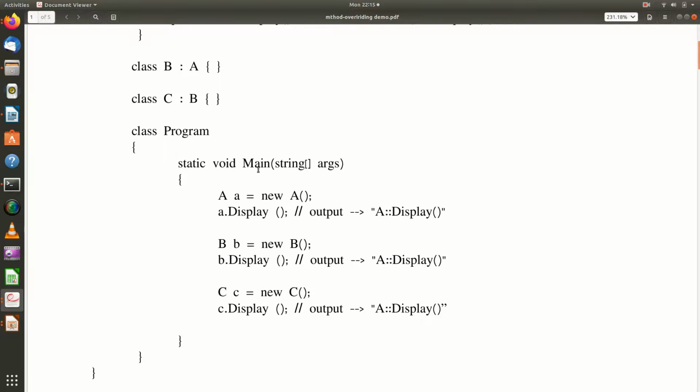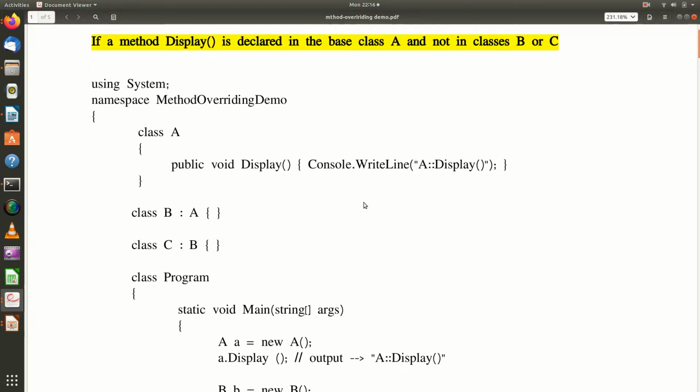In the main program, I have an object of A created, which invokes the display method. Object of B is created, it invokes the display method. Object of C is created, it also invokes the display method. So when the objects A, B, C all invoke the display method, the output will be what is given here